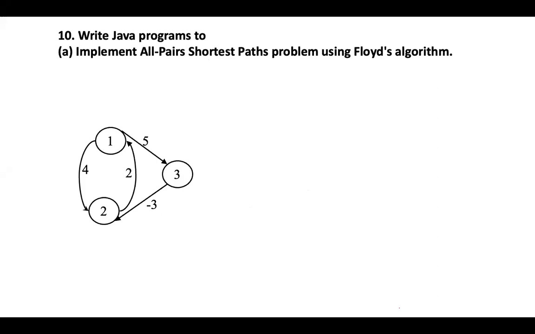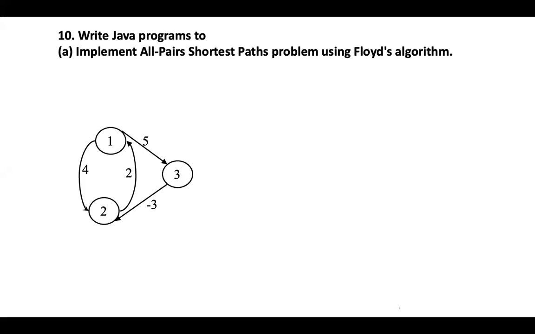You can observe here, first of all, this is a directed graph. Second thing is, I have taken a weighted negative edge, okay, negative weight. So negative weight can be present in a weighted graph. Okay, weights may be negative. Don't think that it's a mistake. Weights can be negative. So let's solve this graph.